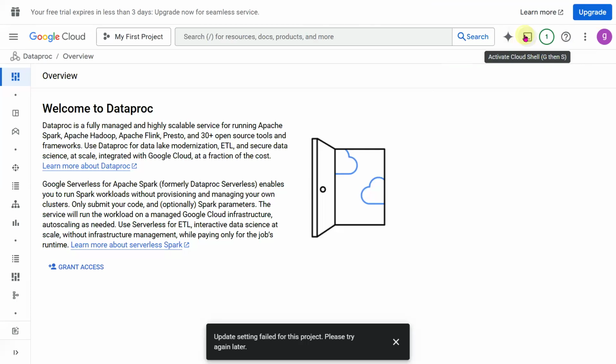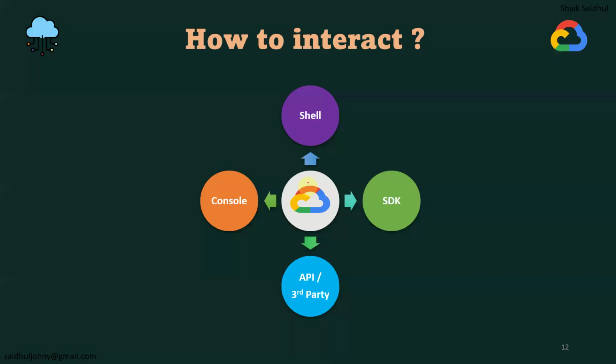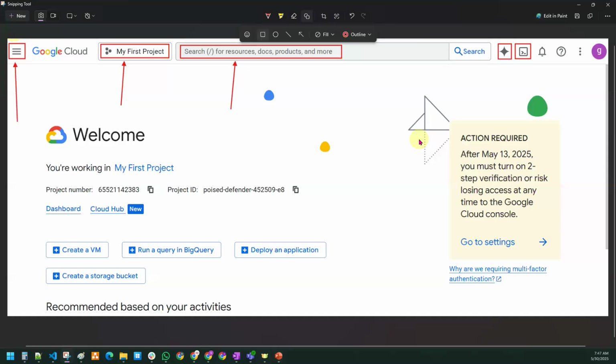And the next one is the Activate Cloud Shell button, guys. One more important thing. What is Cloud Shell? If anyone remembers, what is Cloud Shell? It is one of the options to interact with GCP. Correct. As I have just shown you, this is Cloud Shell, one more way to interact. We will see it, but just to let you know, this is where the Cloud Shell button is, guys. If one wanted to interact with the GCP services via Cloud Shell, you can click on this button.